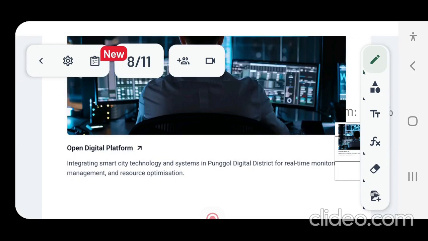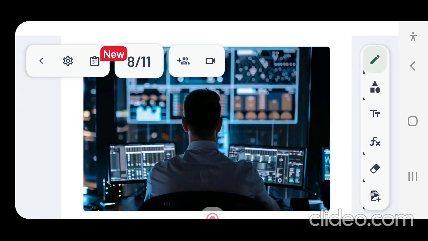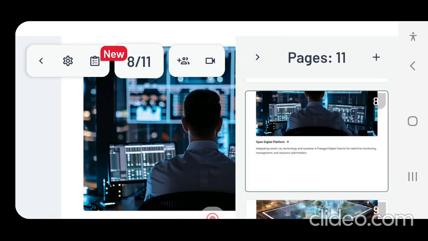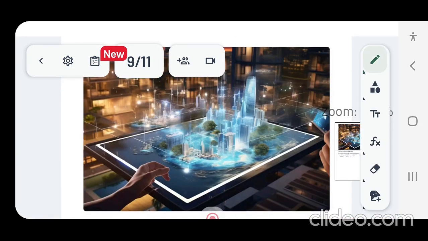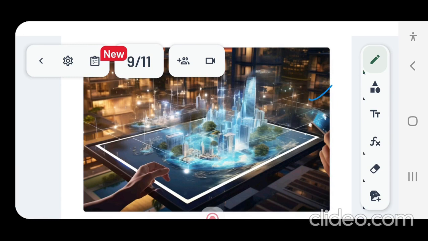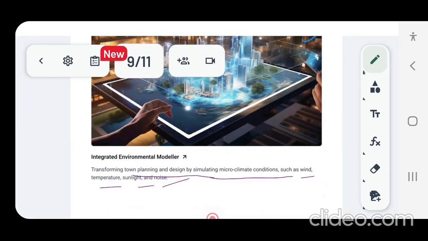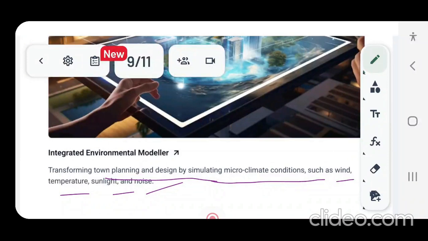There are some stations where people do 24 hour monitoring to achieve this. And this picture shows how the entire city is being modeled and simulated for forecasting future climatic conditions by modeling the existing climate conditions.